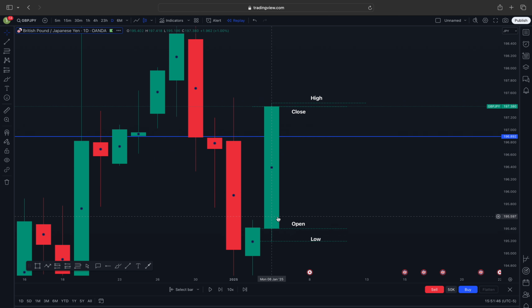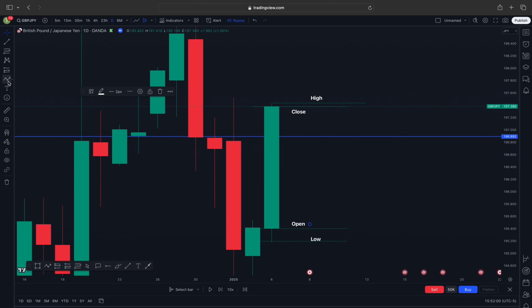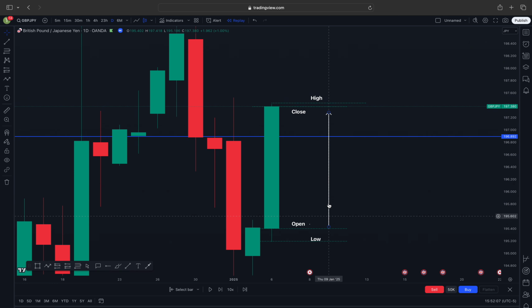And remember, we always look from where the open is to where the close is. So the open is down here, the close is up here. That means that this candle is actually moving up, right? And then guess what happens? We have a new candle. So if we play the next candle,